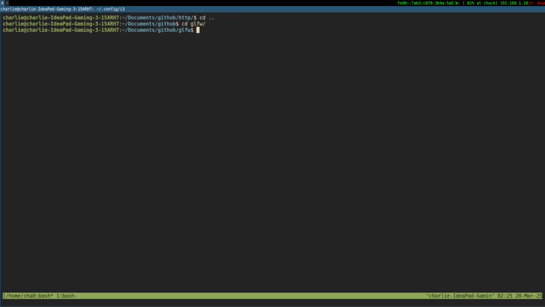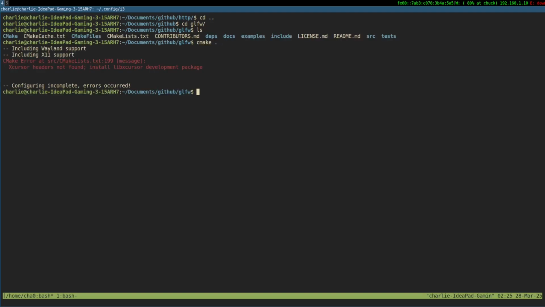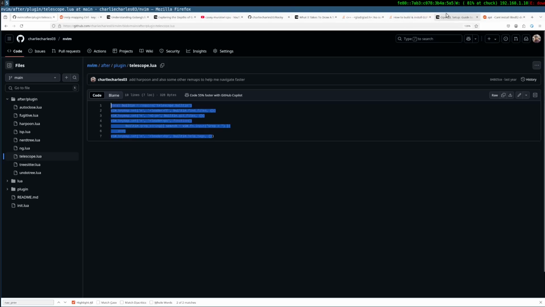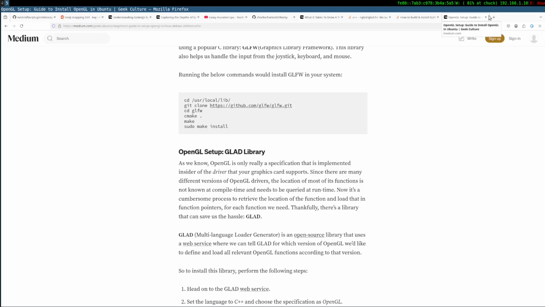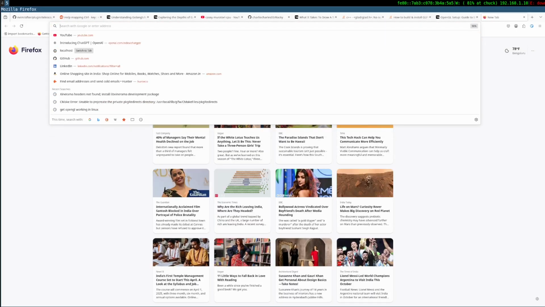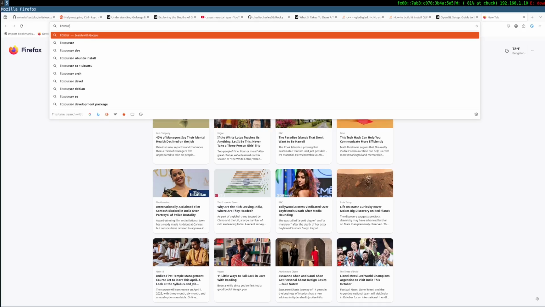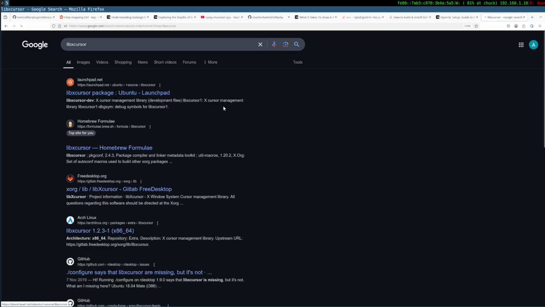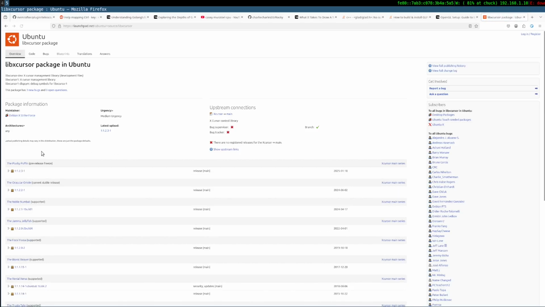So, cmake, okay, not found. libXcursor, what does this do? Cursor management library. Okay.